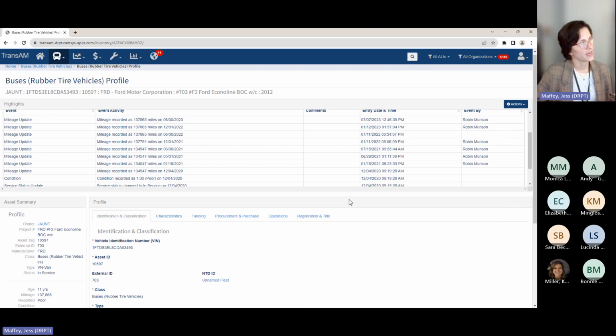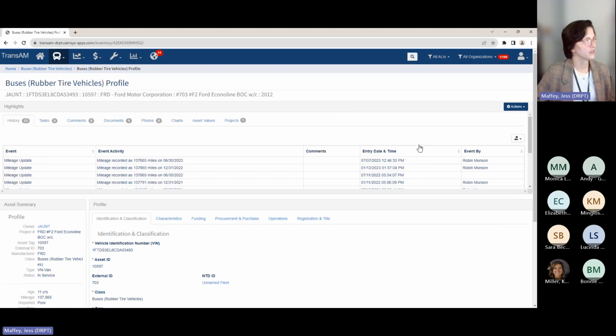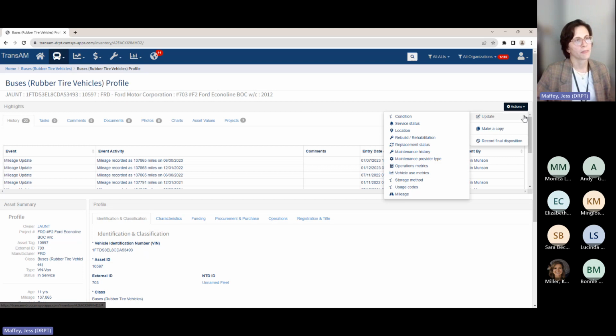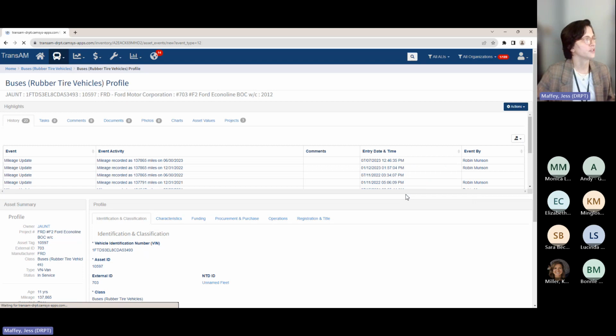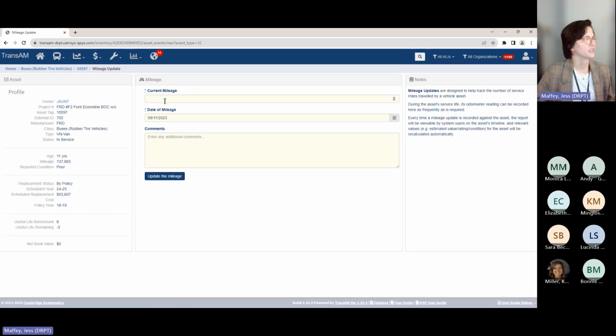So, updating an asset. The most important thing here is going to be this action tab. Again, we're in the individual profile, and I'm just updating one vehicle. I'm going to go over to this update button, and I'll point out the mileage, because this is the one I'm saying is most important. You're going to go in here, click mileage, and literally just type in your current mileage,